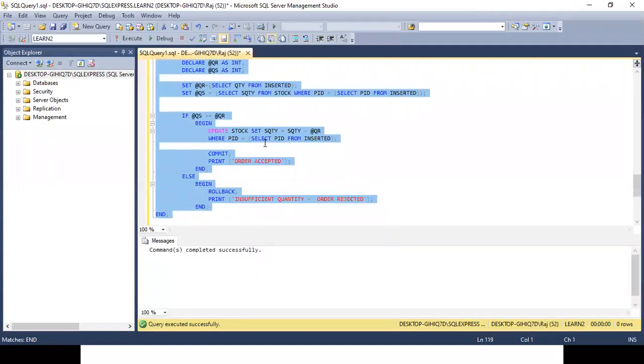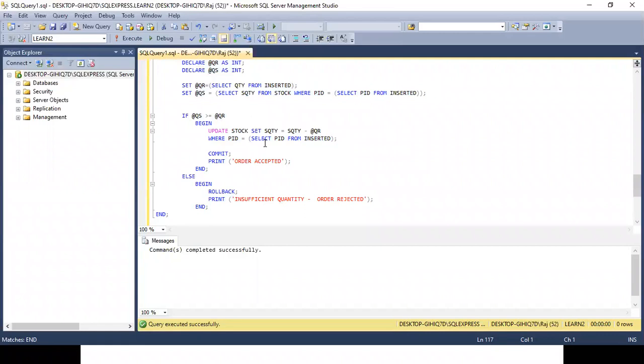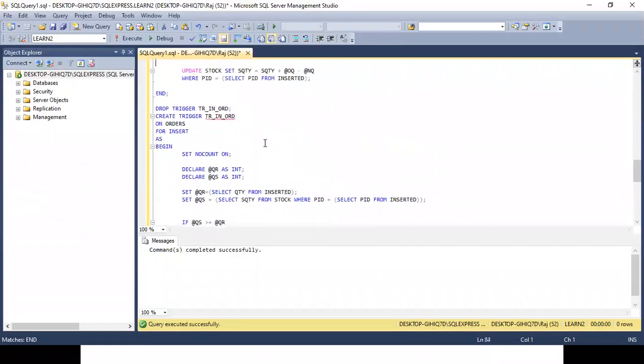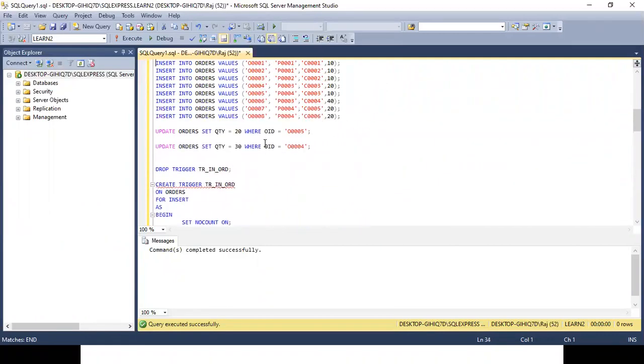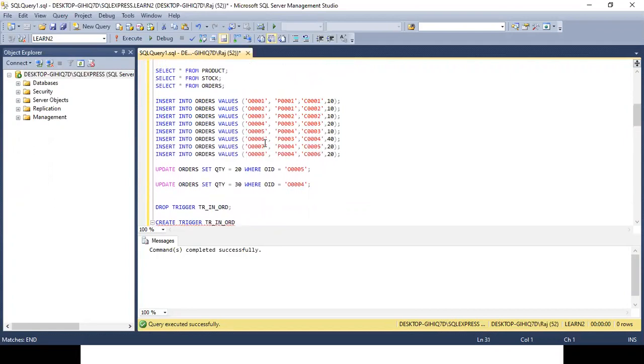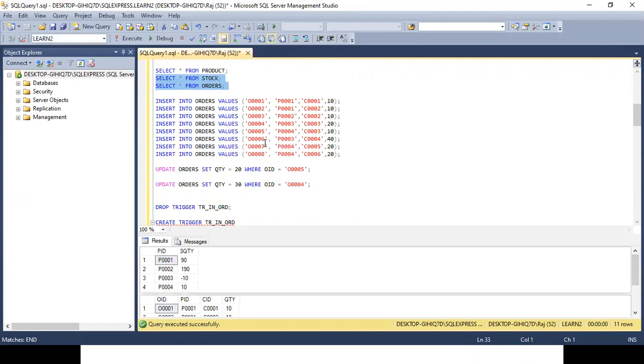Command completed successfully. Now let's try to place an order. Let's take this P004. Stock is 10.